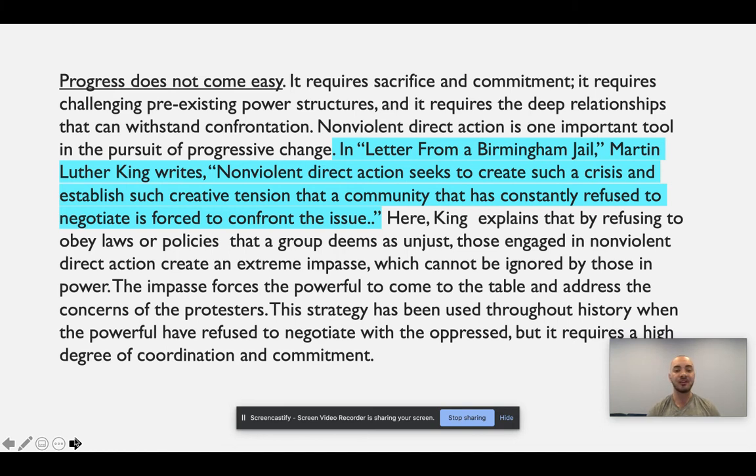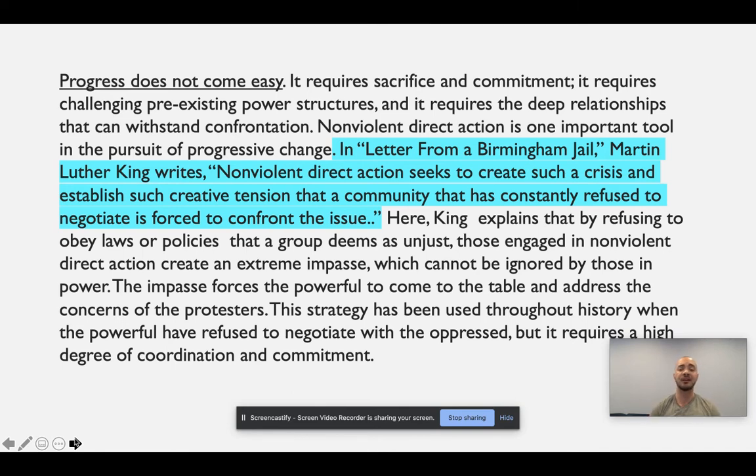The impasse forces the powerful to come to the table and address the concerns of the protesters. This strategy has been used throughout history when the powerful have refused to negotiate with the oppressed, but it requires a high degree of coordination and commitment.